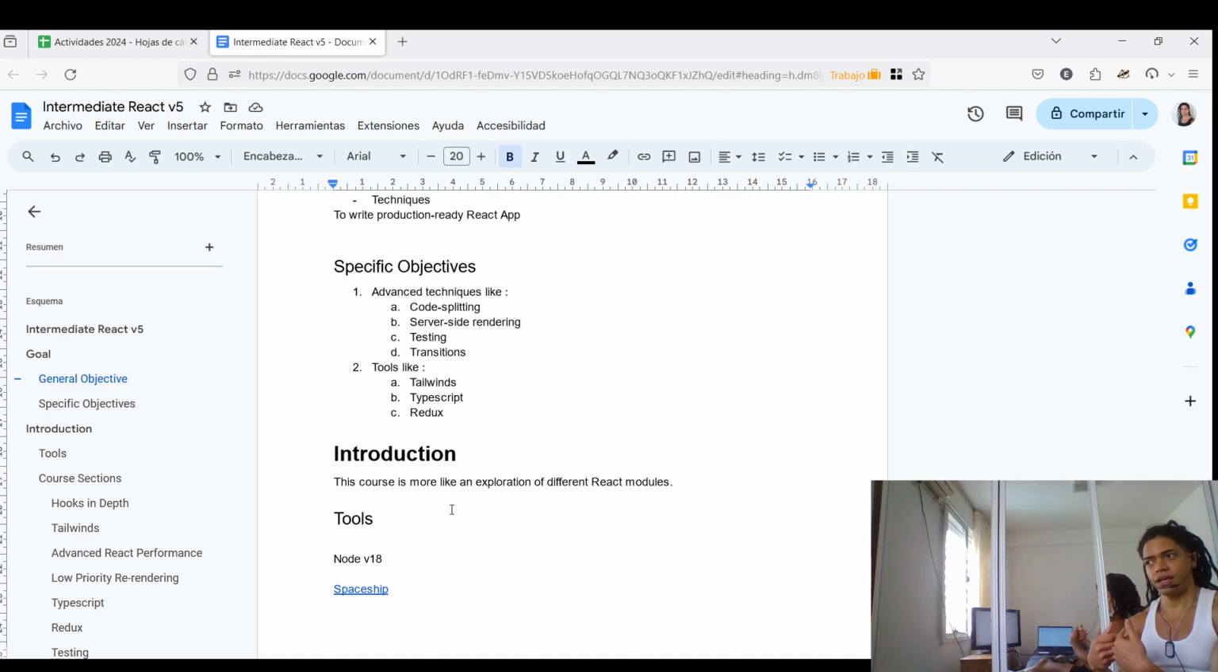testing, as well as transition, something that we are quite familiar with because I have experience working with Vue applications. And now, what are the tools that we can use to make our life much simpler for building these production ready React apps, such as Tailwind, TypeScript, as well as Redux. Okay, so